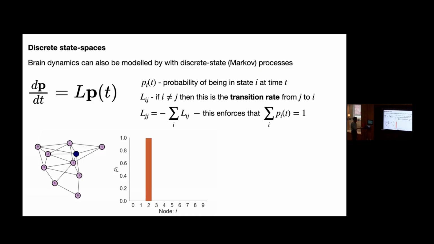All right, so the next bit of maths, and probably the last bit of very intense maths, is on discrete state spaces. So people have also modeled brain dynamics with discrete states, with things like hidden Markov models. So in discrete states, we have a different paradigm. We're modeling this with what's called a master equation, which tells you the probability of being in each discrete state at a time t. And so you can imagine this as basically jumping between discrete states, like a walk over a graph. And what happens is you have this transition rate from j to i, which tells you with what rate you're jumping between nodes.